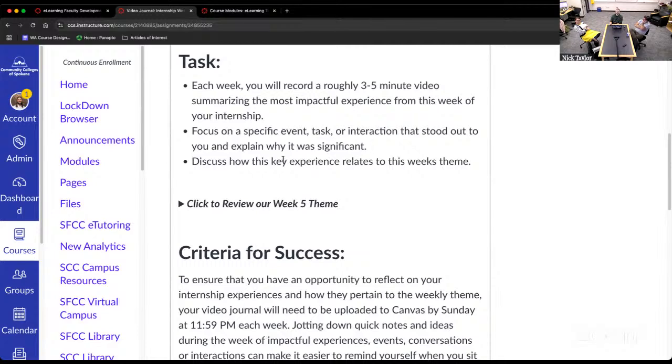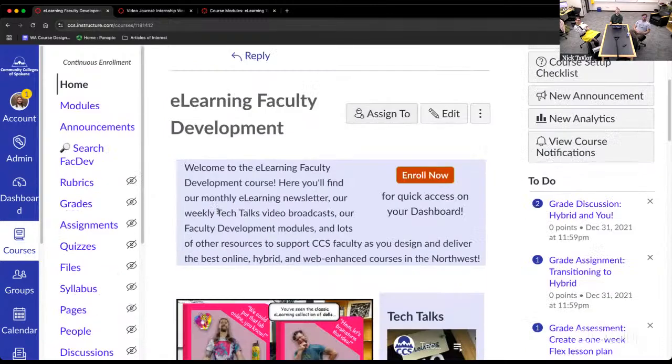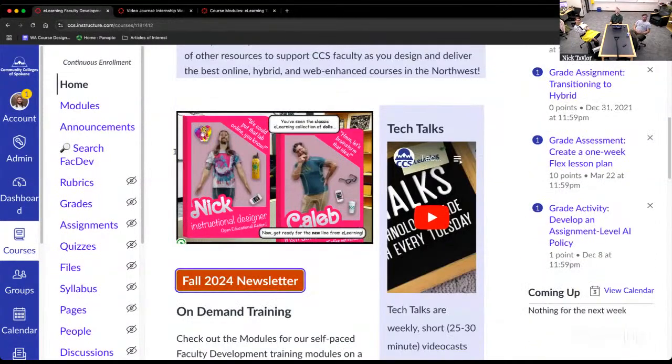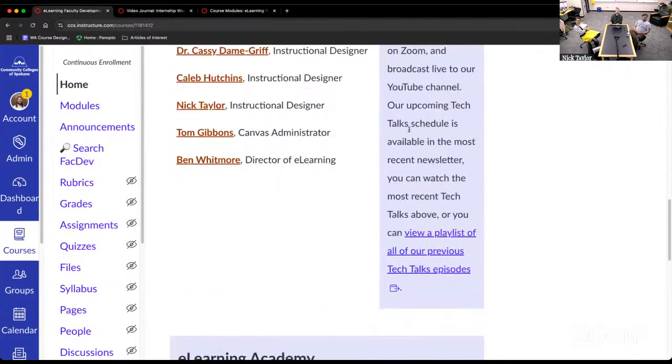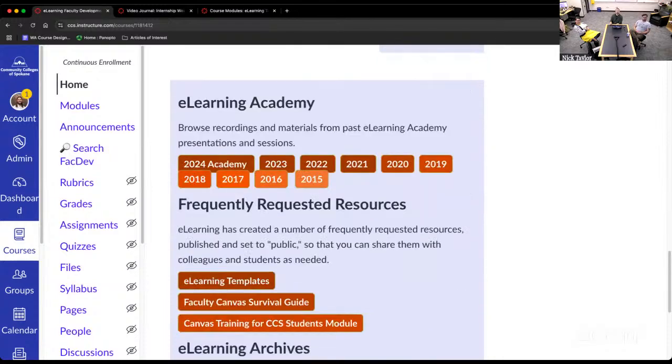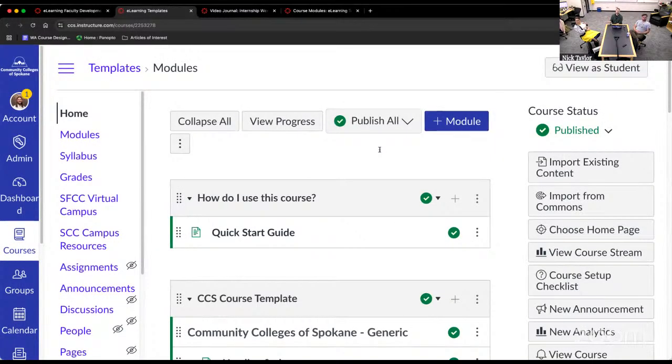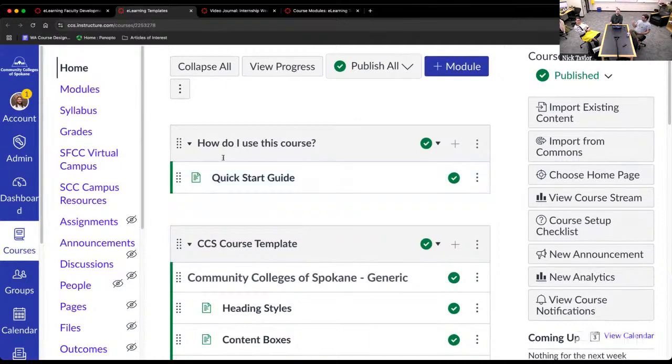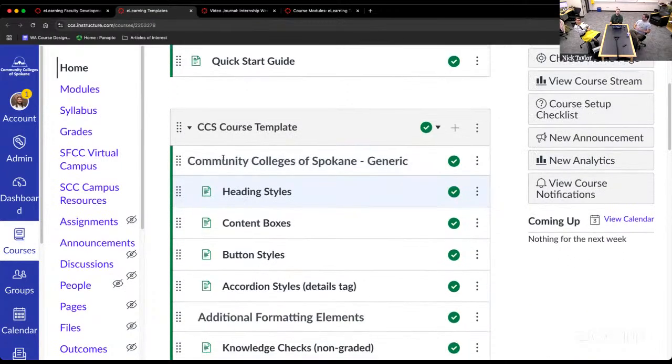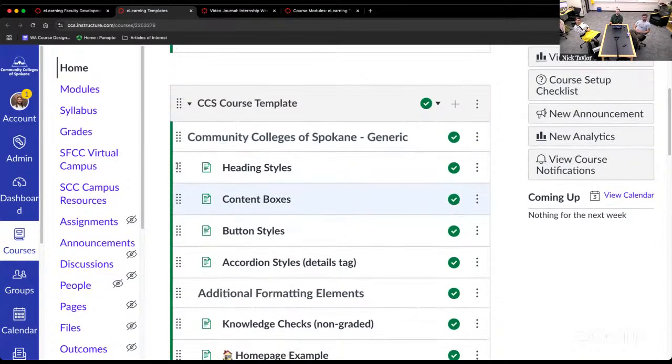There is a link from the faculty development space, so if I scroll down, you should find e-learning templates under our frequently requested resources on the homepage. You click that. This is just a repository of all the snippets that we use when we're doing projects with faculty members. Credit where it's due, like 90% of this is your code. So yeah, that means it's all crazy and chaos, but the point is you can ask us at any time